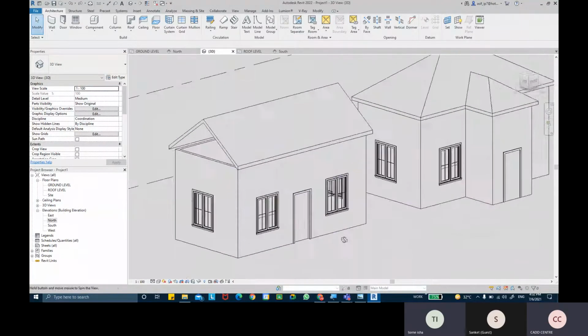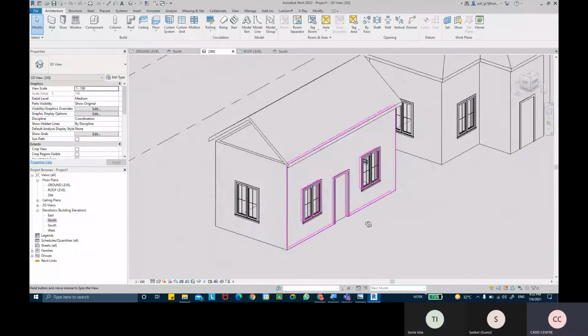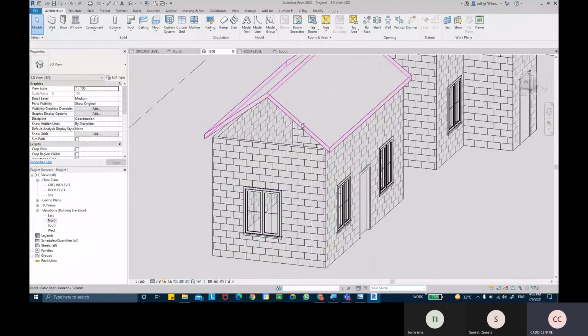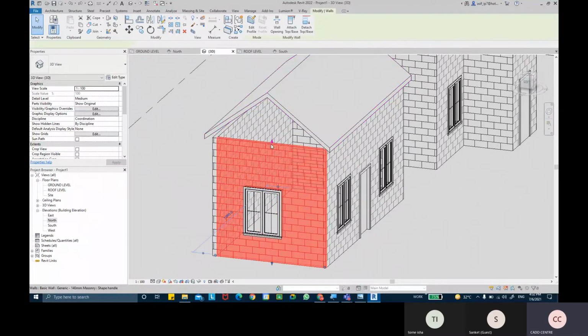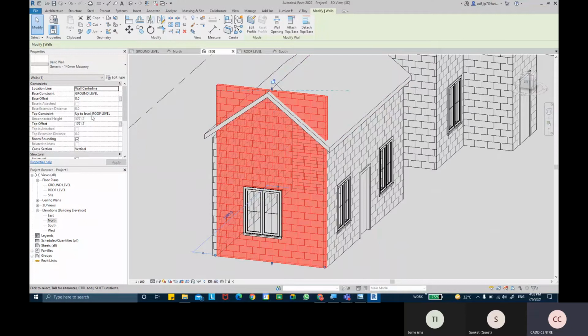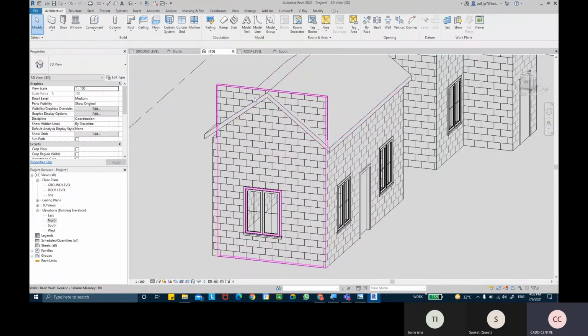Okay. So see when we remove the slope, the issue was that this wall has not been attached to this particular roof. Okay, and if I try to do it manually, like if I drag this wall or maybe if I provide the wall height, the top offset height, whatever it is, okay, it will not cut, means this wall will not cut into that profiling shape of the roof basically.